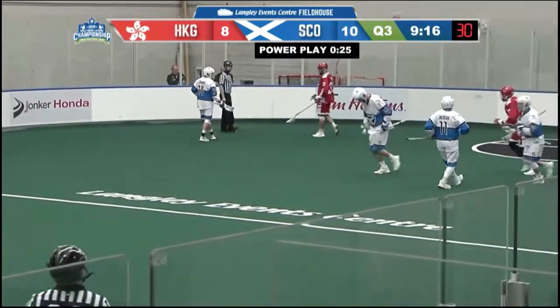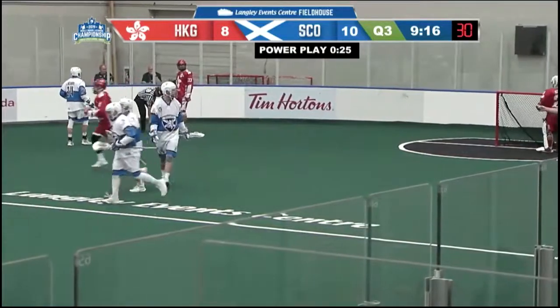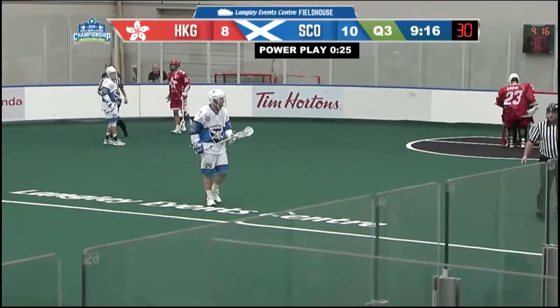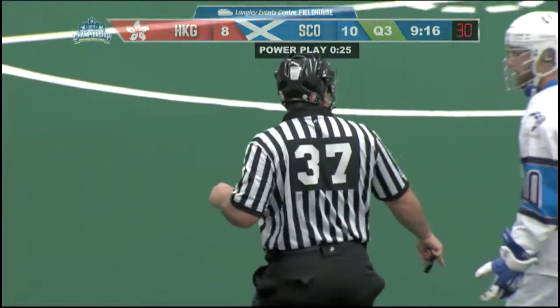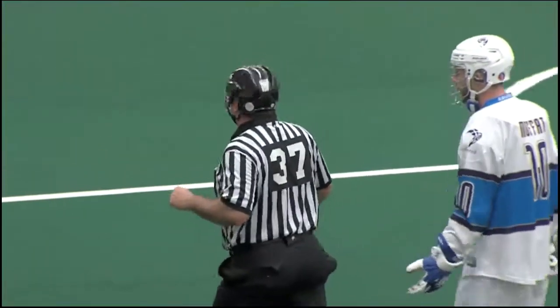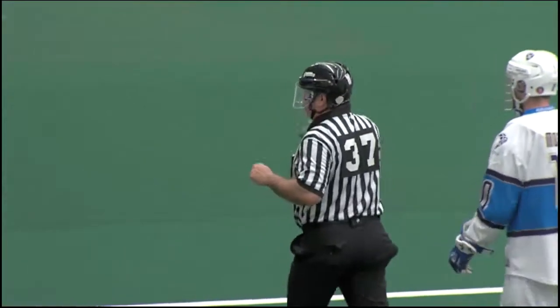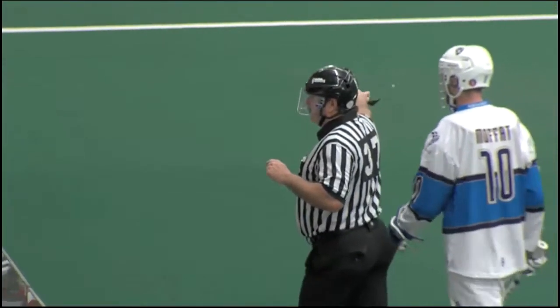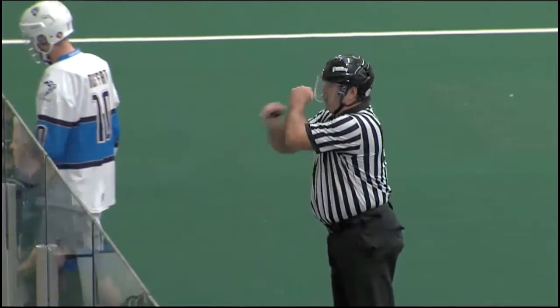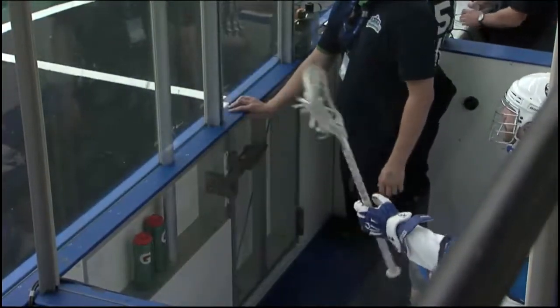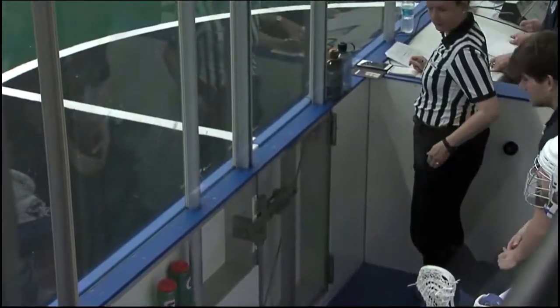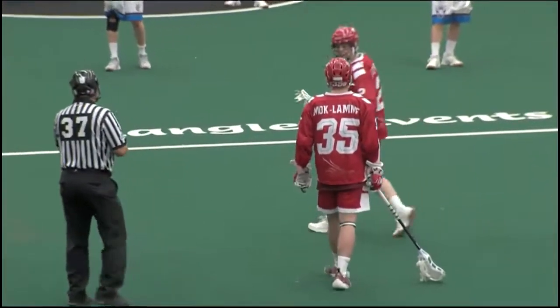And now Scotland will head off here. Moffat didn't realize it. He was heading back to the bench, but referee Bill Hardy with the call. Goaltender interference, the call here at 5:44.